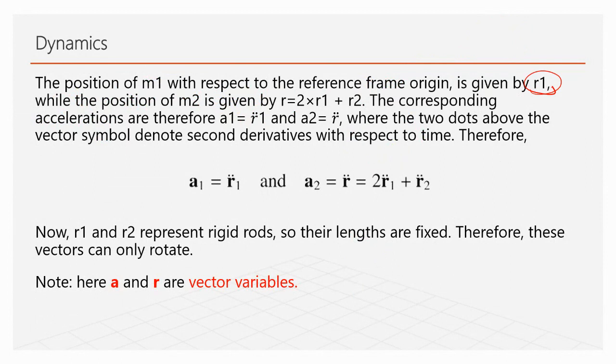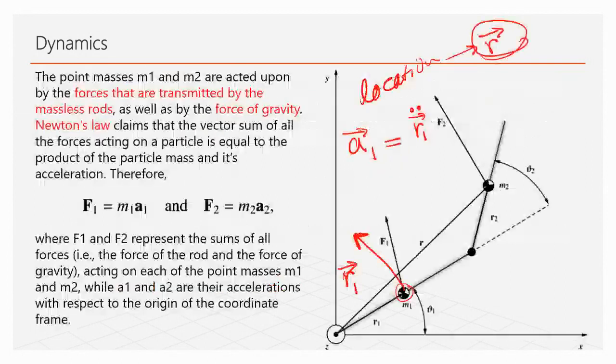While the position of M2 is given by this R. Position of this one is R1, right? When you look at this R, it is a summation of